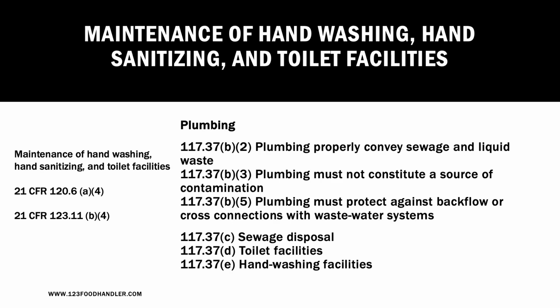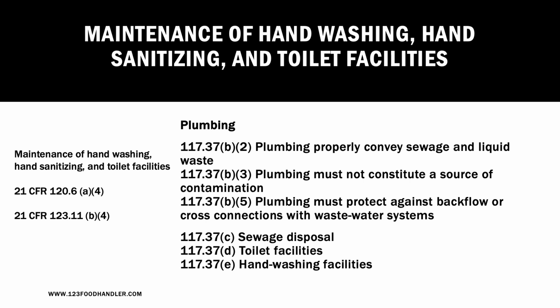So let's take a look at area number 4, maintenance of hand washing, hand sanitizing, and toilet facilities, covered in 21 CFR 120.6A4 and 21 CFR 123.11B4. So, I looked for a couple areas for you here. Found some plumbing areas where we've got to make sure we're properly conveying sewage,